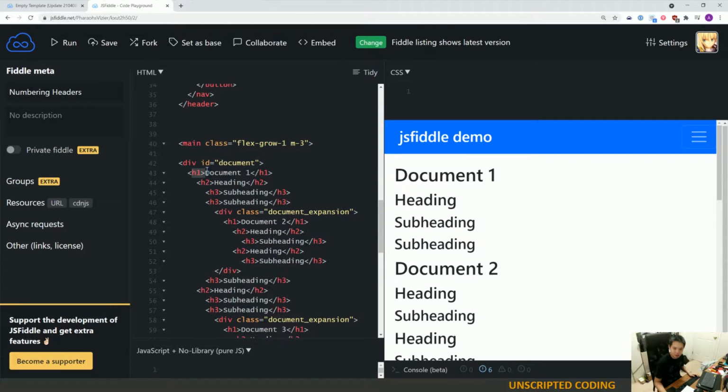So 1, let's just do it. 1, H1. The next one would be 2. Okay, and then the next heading, I would do something like 1.1. And this one would be 1.1.1,